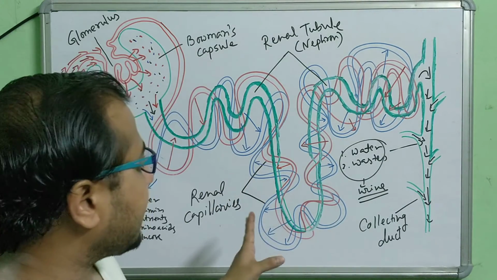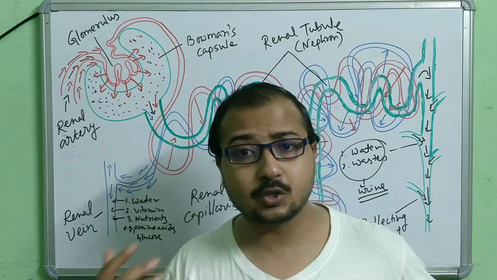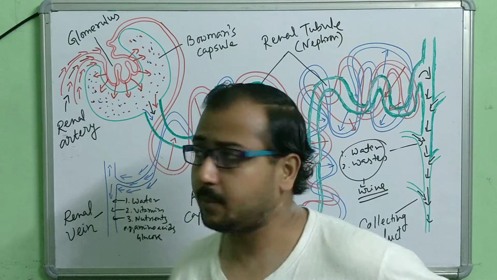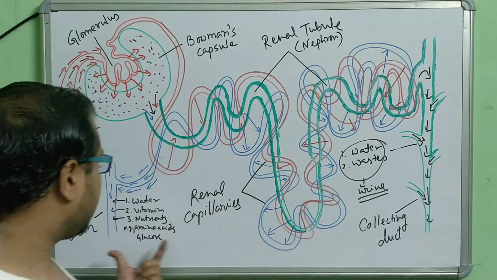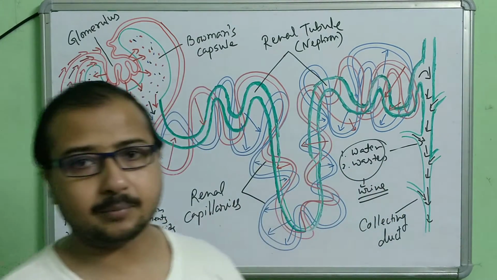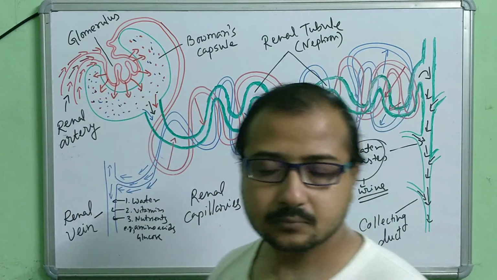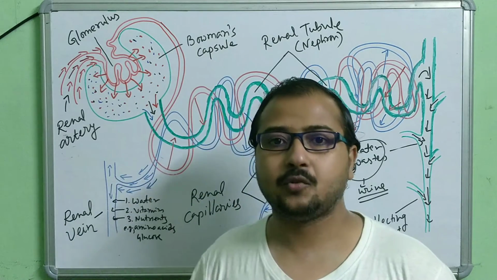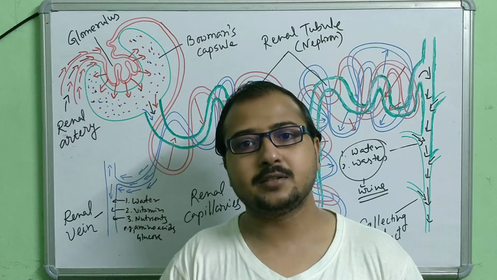So practice the diagram, whatever we have discussed. After listening to this again and again, whatever I have discussed with you about the mechanism, write down all the important things here. This part and this part are very, very important for you, and obviously all the labelings are important. This part you must understand, and make a note out of it if possible. Then read the textbook where the mechanism is given. Read the mechanism in the book twice.